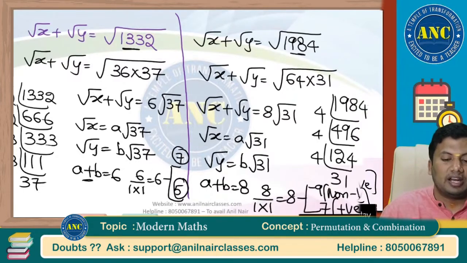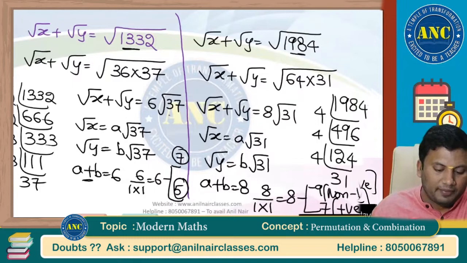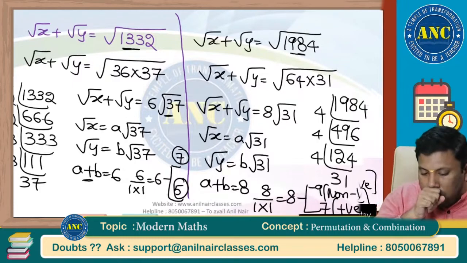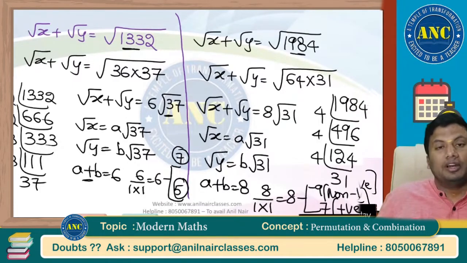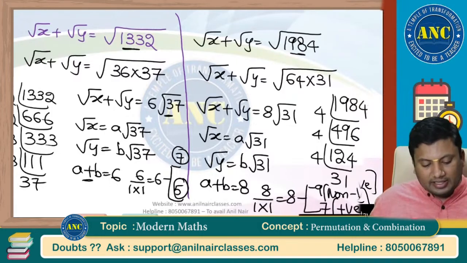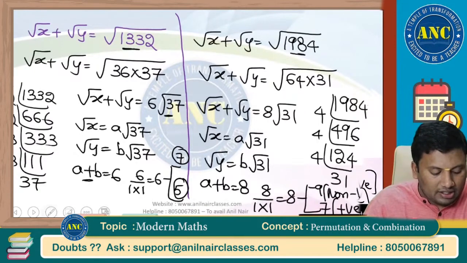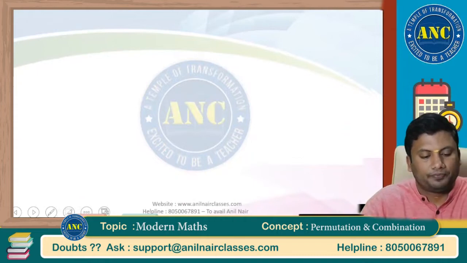Similarly, this is a derivative of method type number 1. I hope the idea is clear. Without having root 37 on the left hand side, how will you get root 37 on the right hand side? Answer is 6 gaps are there, 7 and 5. 8 gaps are there, 9 and 7. Now type 2.